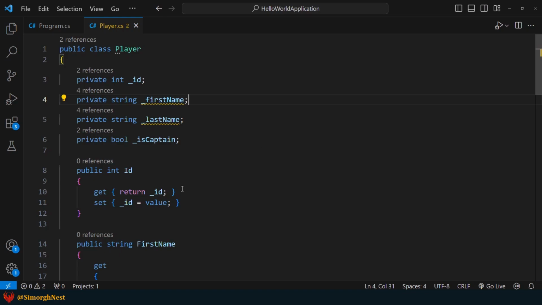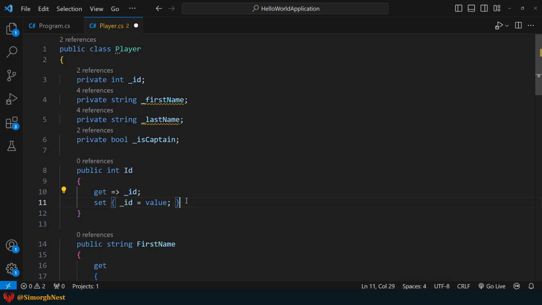In the get accessor, we remove the curly braces and the return keyword. Instead, we use the lambda operator and place the expression on the right side of the arrow. In C#, the lambda operator is used to define lambda expressions. We'll explore this operator in detail in the upcoming sections.